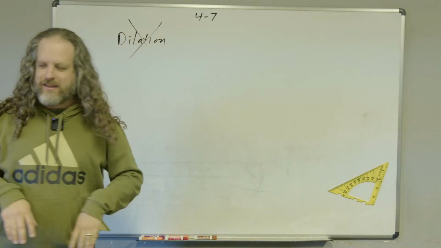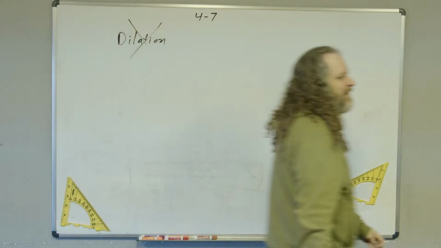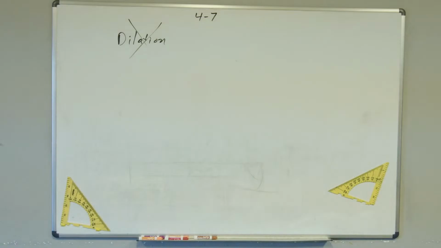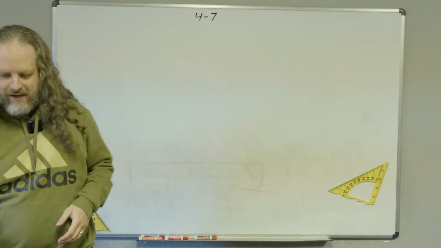Except it's math, so we have to use fancy vocabulary words for some of those, right? So, if we have a shape and we just move it, fancy word for that is